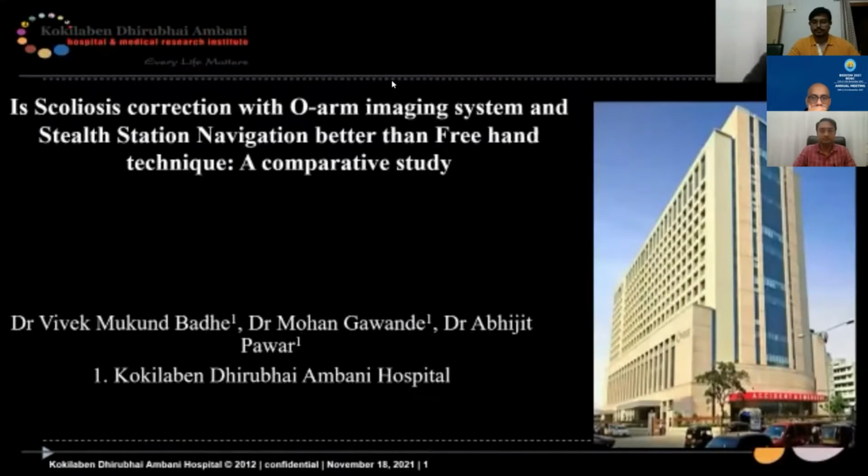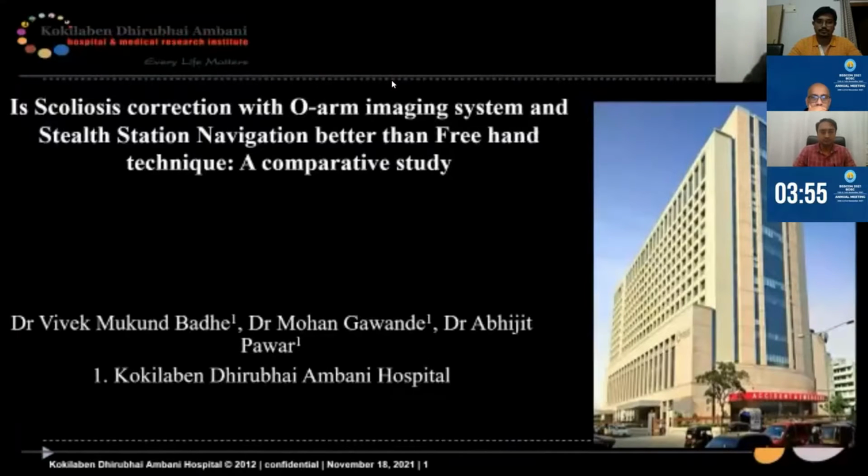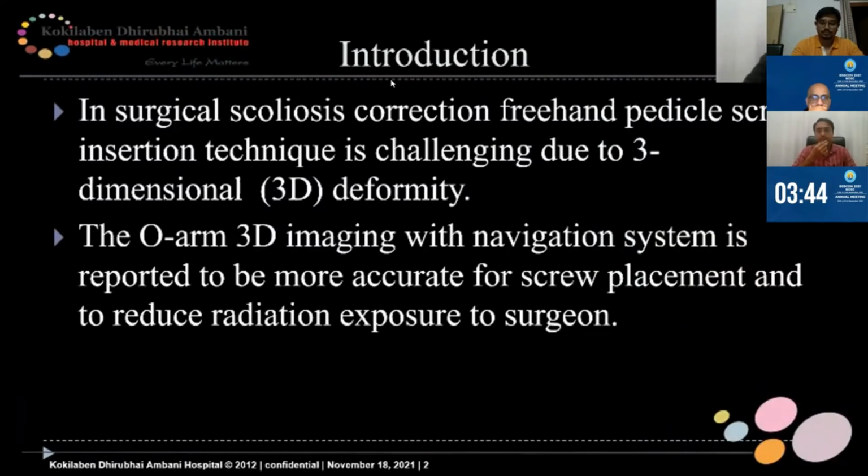I'm Dr. Vivek Badhe. I'm presenting scoliosis correction with O-arm imaging system and StealthStation navigation better than freehand technique, a comparative study. In surgical scoliosis correction, freehand pedicle screw insertion technique is challenging due to its three-dimensional deformity. The O-arm 3D imaging with navigation system is reported to be more accurate for screw placement and to reduce radiation